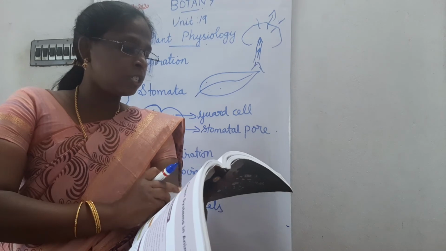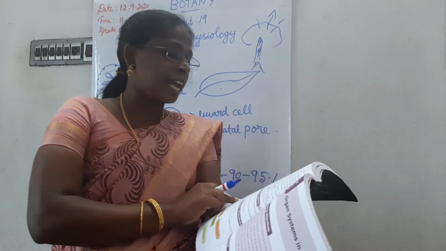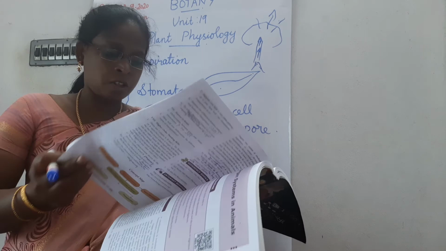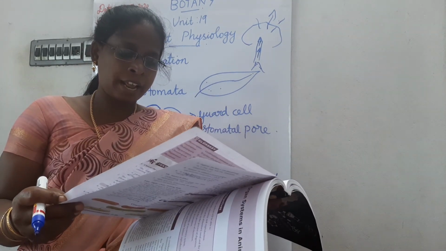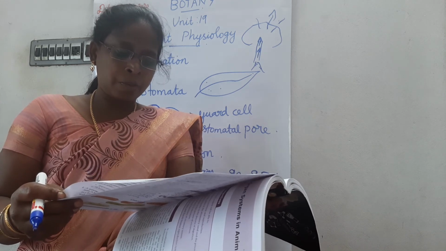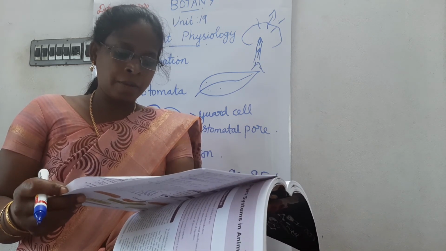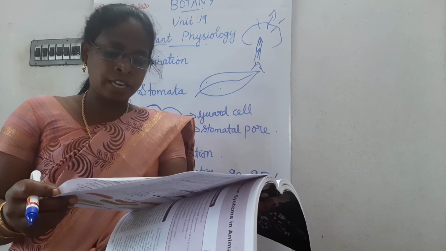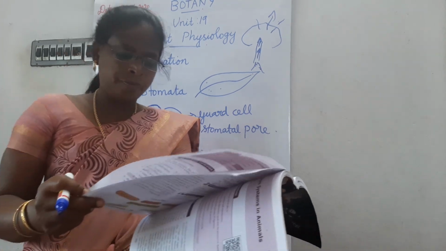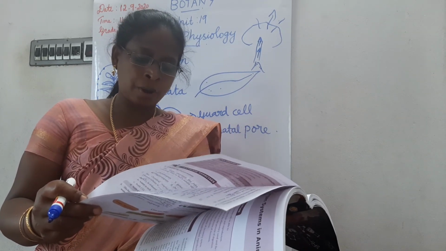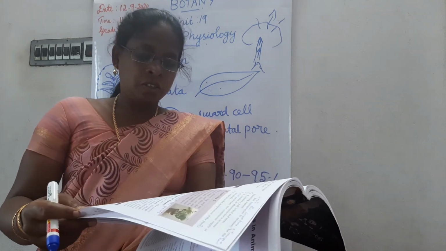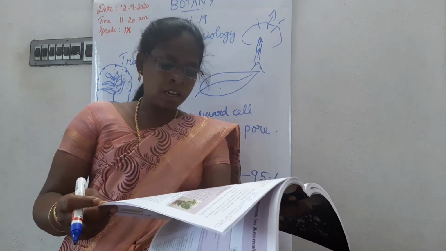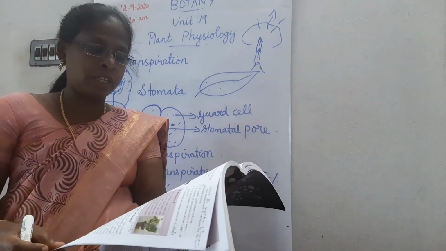Then detailed question, second one. How will you differentiate the different types of transpiration? That also the same page 229. Types of transpiration. Stomatal transpiration, cuticular transpiration, then lenticular transpiration. Last answer you have marked, no, that 2 points. Loss of water from the plant as vapor through the lenticels, that point, and very less amount of water transferred through lenticels. So these are the differences between stomatal, cuticular and lenticular transpiration.